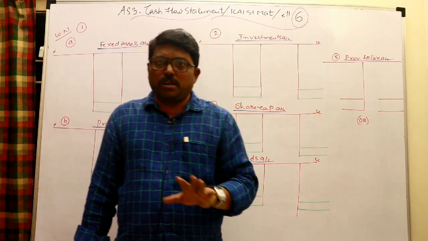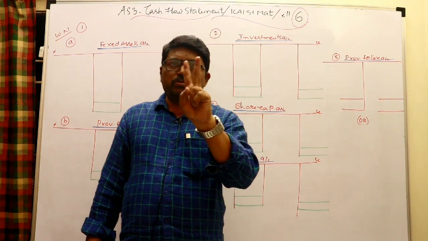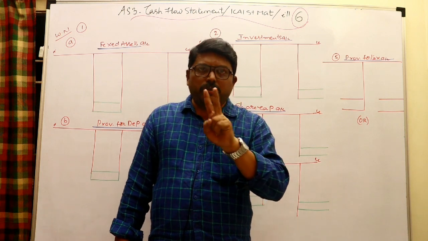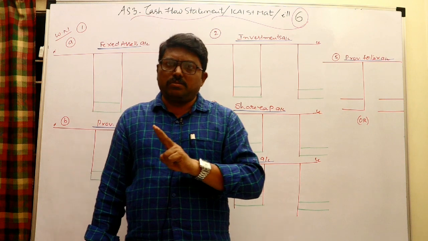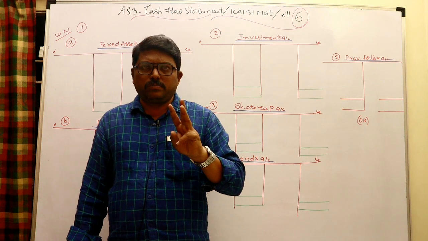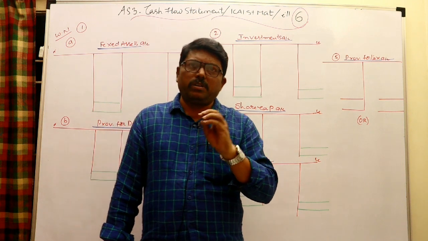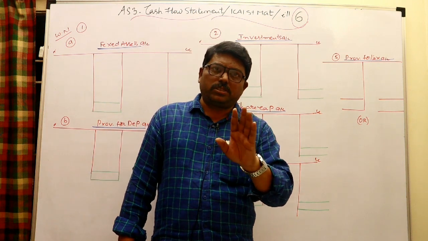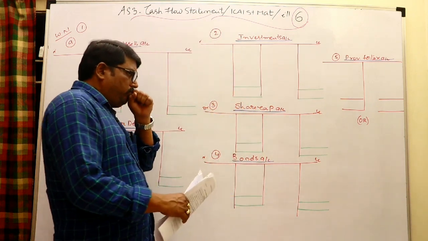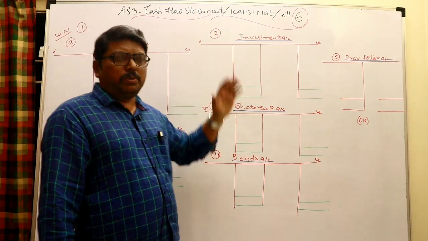So in working notes, on the asset side, you prepare the fixed assets account and investments account to know whether there is any purchase or sale, because purchase and sale are part and parcel of investing activity. For current assets, under any situation you need not prepare any account, only fixed assets and investments. Here both are very clearly mentioned in the sum, but even then I want to check whether both sides will agree properly. So I am preparing fixed assets, provision for depreciation and investments account.